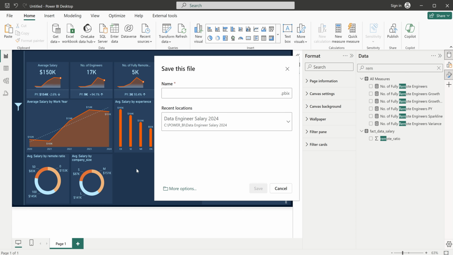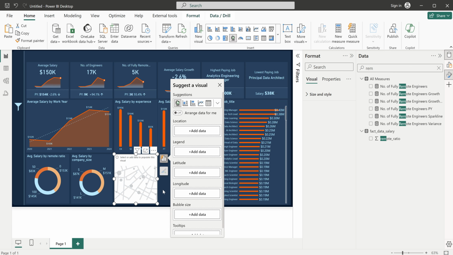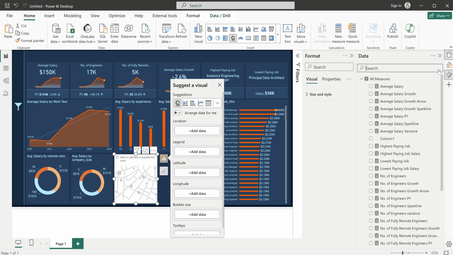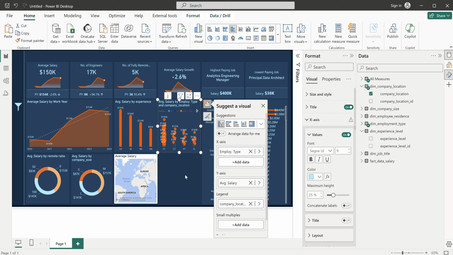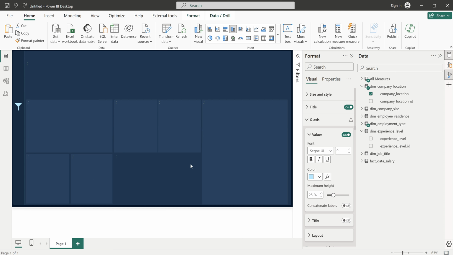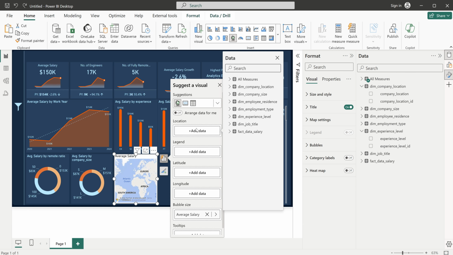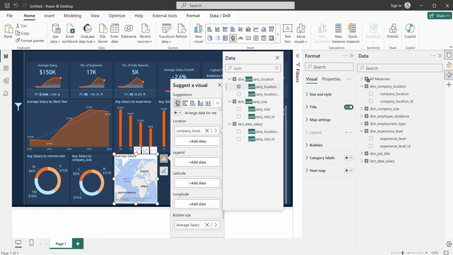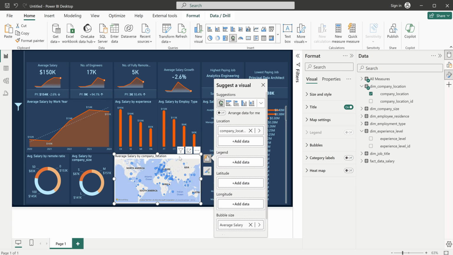Now the last thing we need to add here is the map. Okay, so for the map, what I'm going to do is to bring in this, select average salary, and then we select company location. Very good. And then here, what I'm going to do is to go to map settings, change this one to Aerial,